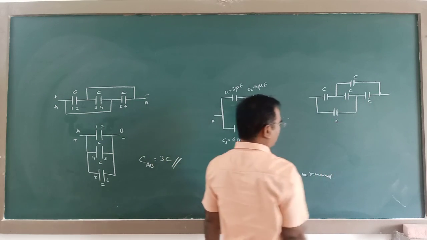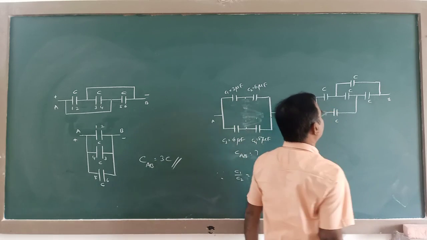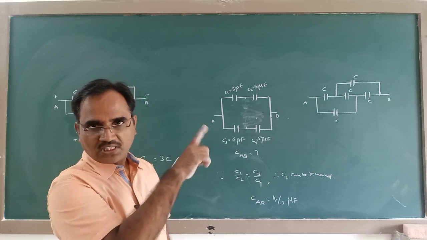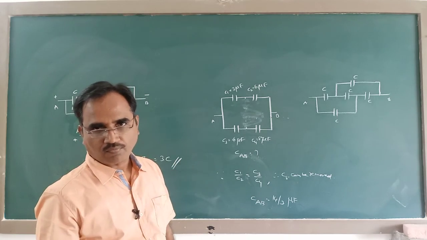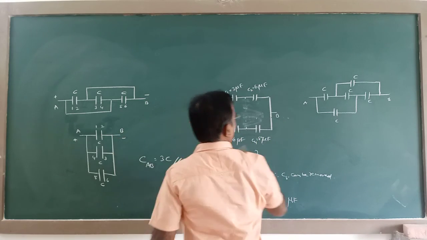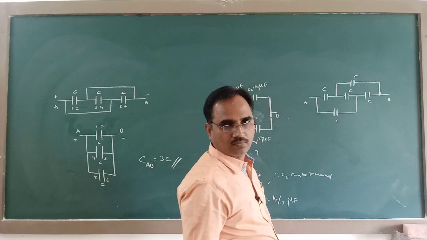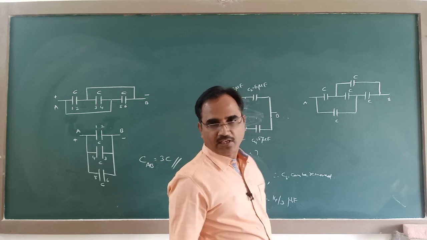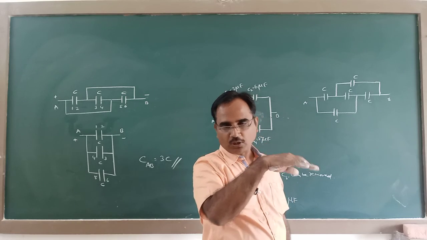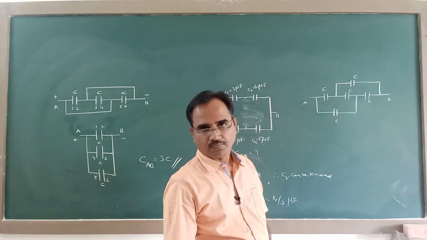This is a circuit given like this. You are asked to find the effective capacitance across AB. To resolve this network, you number these plates as you did here. You number all the plates for all the capacitors. As I told you, when you apply a potential difference, you see which plates get positive charge and which plates get negative charge, and you draw the equivalent circuit.